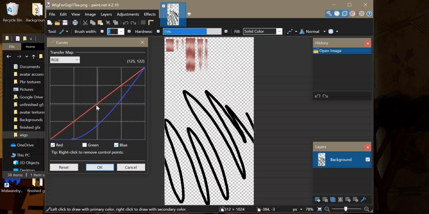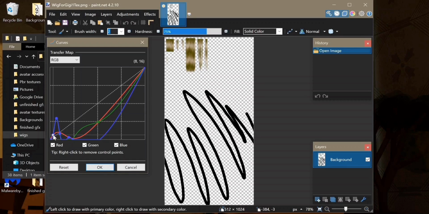So I'm going to do green. Let me go up here maybe. And oh, there we go. We get a nice blonde color. I'm going to add in some blue just to tone it down a bit. Okay, I'm going to really quickly do this and I'll be right back when I'm done. Okay, so now that I'm done